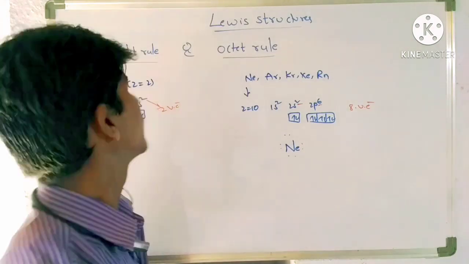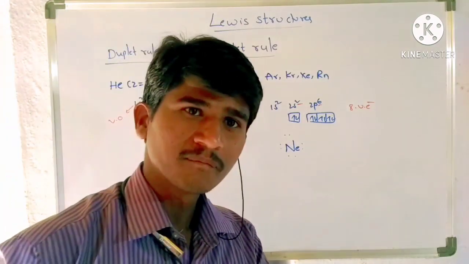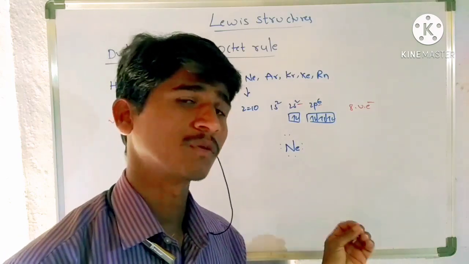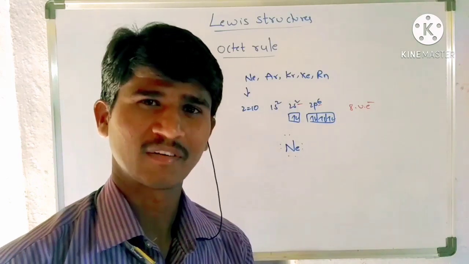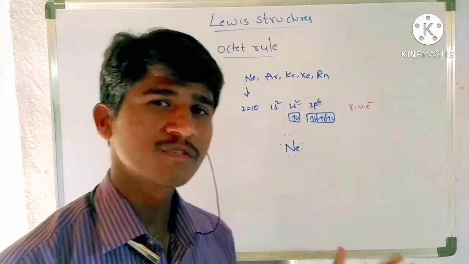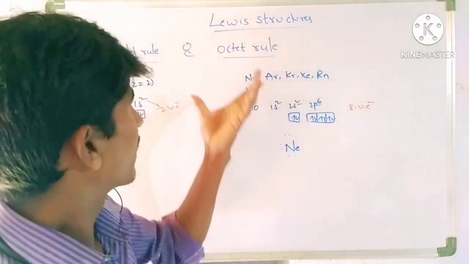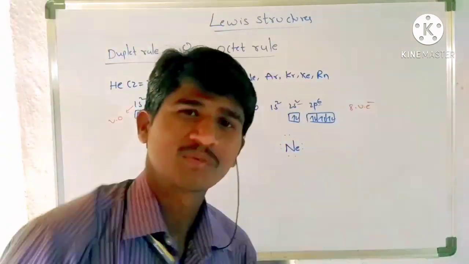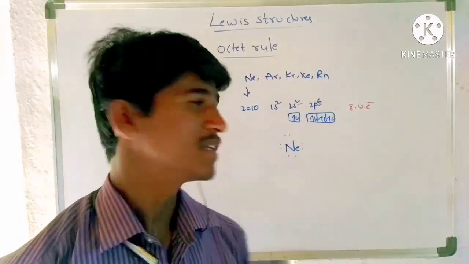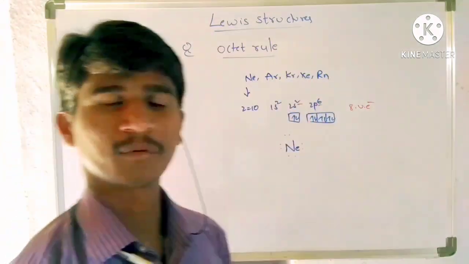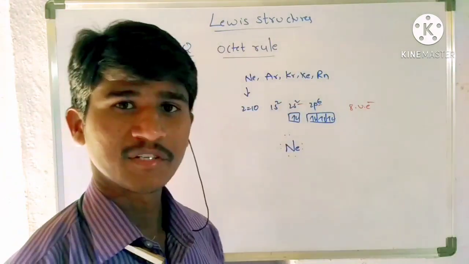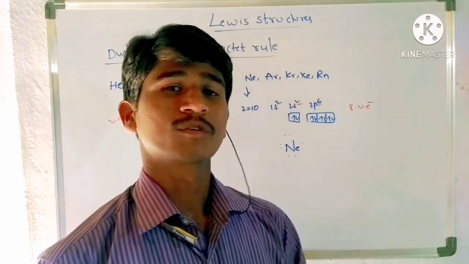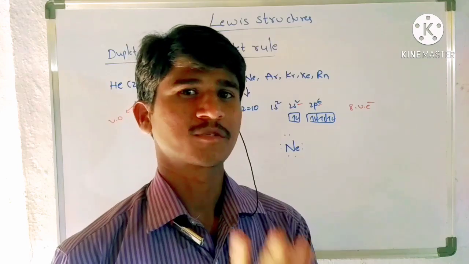Now in the case of only hydrogen and helium, the duplet rule is applicable. Hydrogen can gain 1 electron and get stability. So in these two cases the duplet rule is present, but except for that, our chemistry mainly revolves around the octet rule. The remaining elements also try to get the octet configuration. To get that octet configuration, there are 2-3 choices.